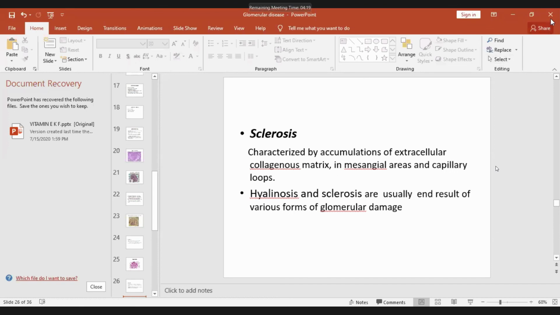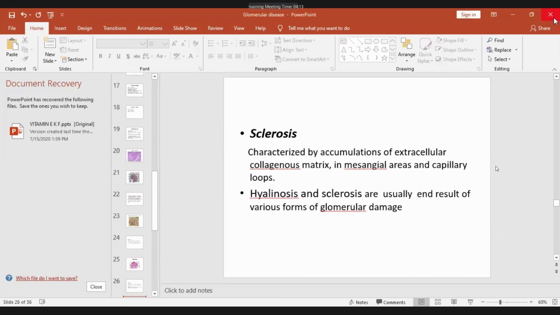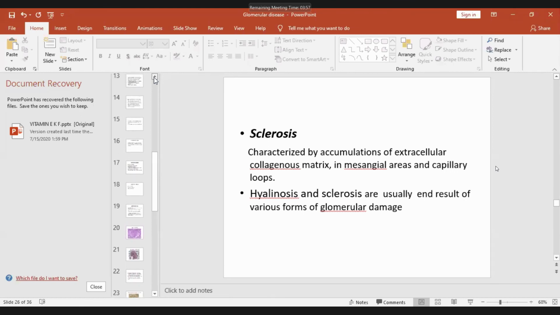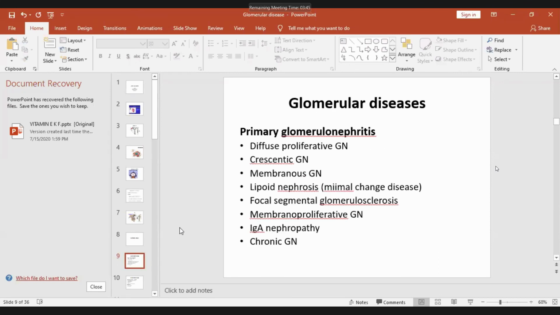From tomorrow you will find individual diseases, and if you know this, you will be able to understand those things better. Okay, any question? Sir, will you please show the slide of primary and secondary causes of glomerular disease? Any book you will find it. Don't worry. This will come again. You will be taught in nephrotic syndrome and in glomerulonephritis. Again, the same thing will be shown to you. Thank you, sir. Primary glomerulonephritis, all these are glomerulonephritis, and nephritic and nephrotic syndrome you are taught.